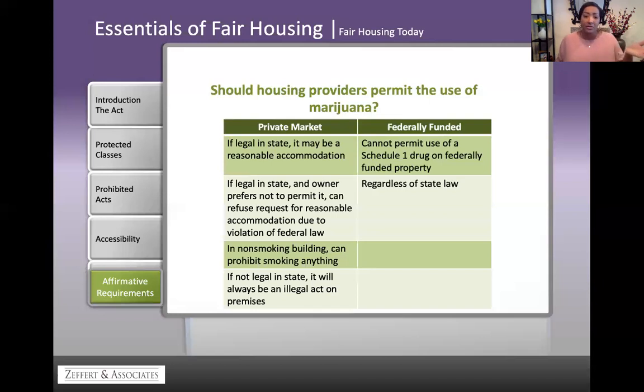So you've got people that are dealing with serious issues. And now, owners and landlords are at the mercy of the law, and they can't allow it. So it's kind of counterintuitive. You've got one regulation causing an adverse action for something else, because now the person does have to choose between pain management and housing.